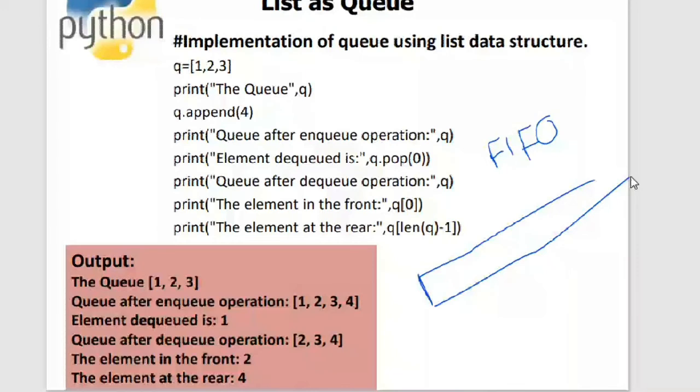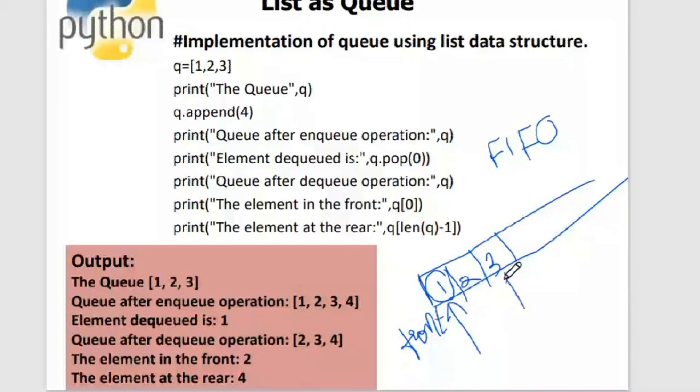The element that is inserted first is 1, which is considered to be the element at the front, and the last element is considered to be in the rear position.